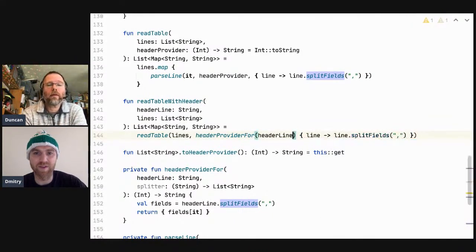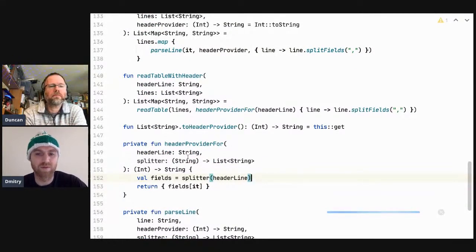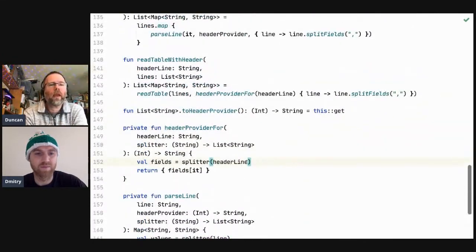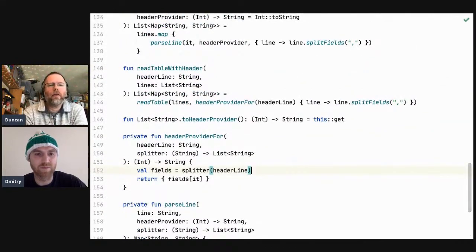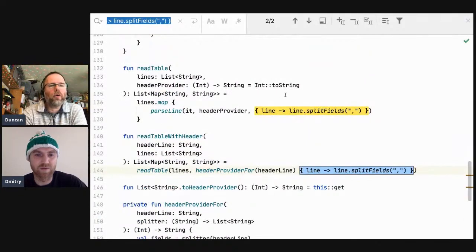Oh, it complains about that. And then you need to use it on 152. 152. Oh, thank you. Okay, so now we have that duplication of line to line split fields, comma. You mean this in two places, right? Yes. So